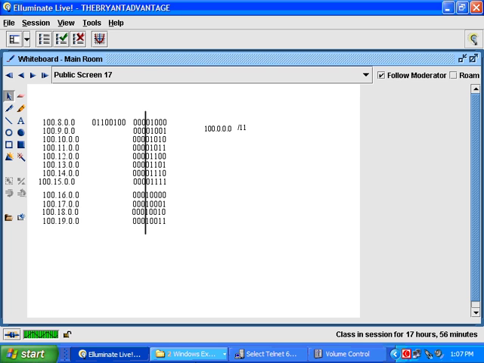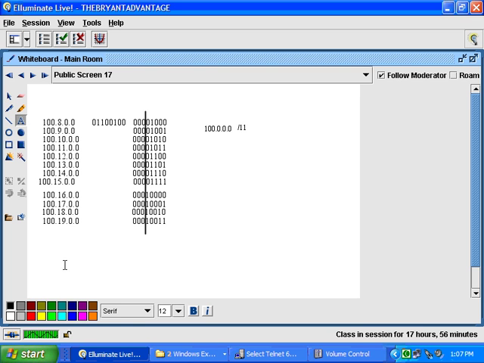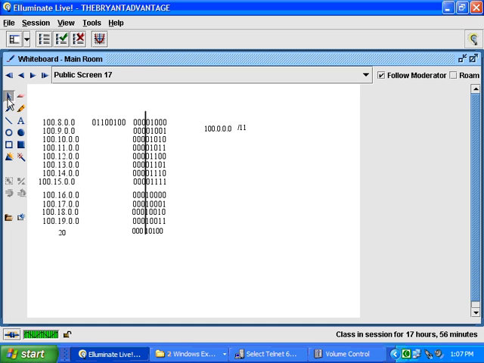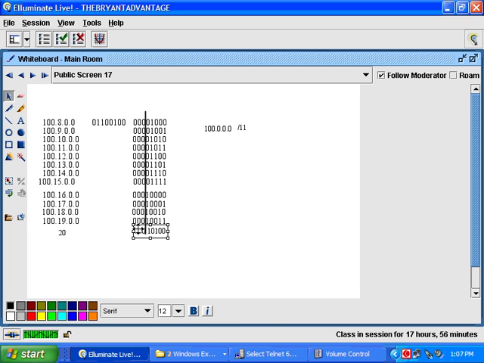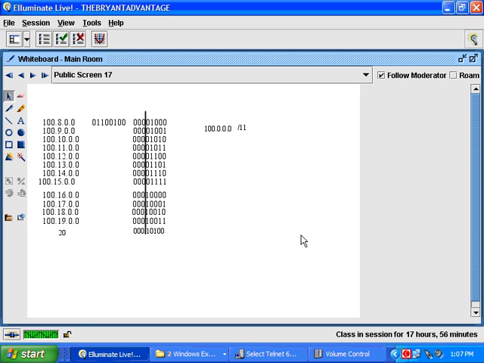Because if in the future we came in and said, we're going to put 20, 21, and 22 here at the bottom, well, 20 in the second octet looks like this: 0, 0, 0, and then on the other side of the line, 1, 0, 1, 0, 0. I'll move that a bit to make it clearer. So that's a problem right there, and networks 21 through 31 would all fit in this summary. They're all represented by the summary route we came up with,